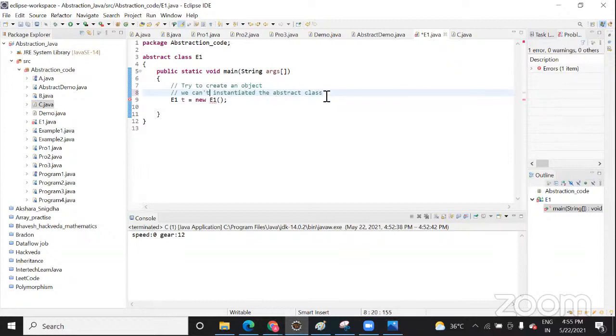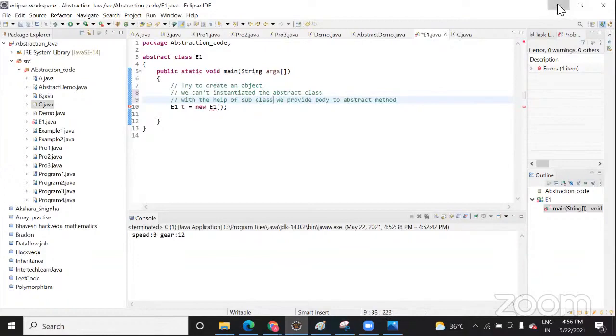We can't instantiate the abstract class. So this is the concept.